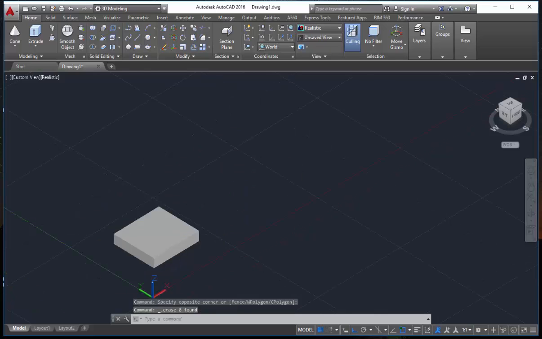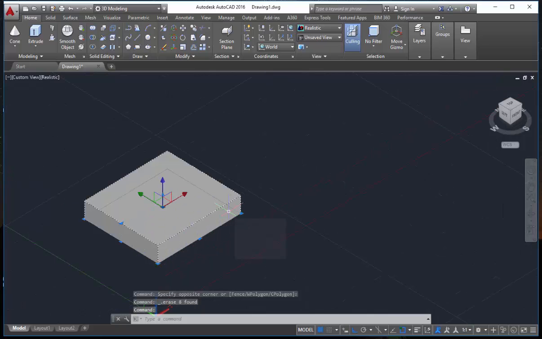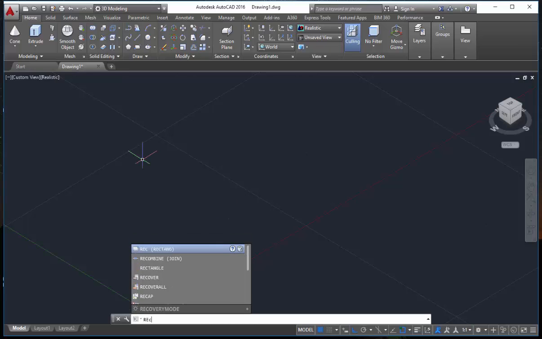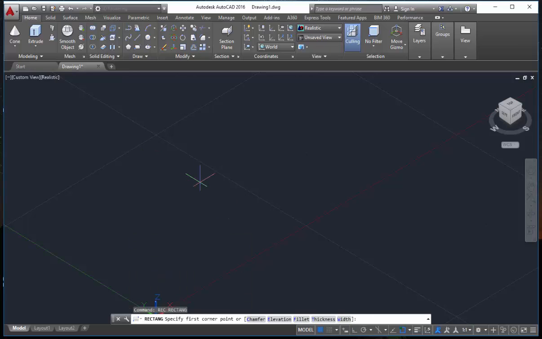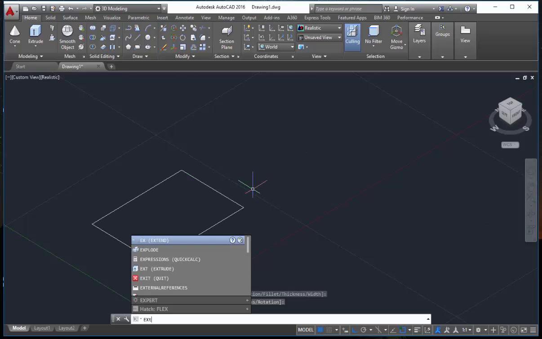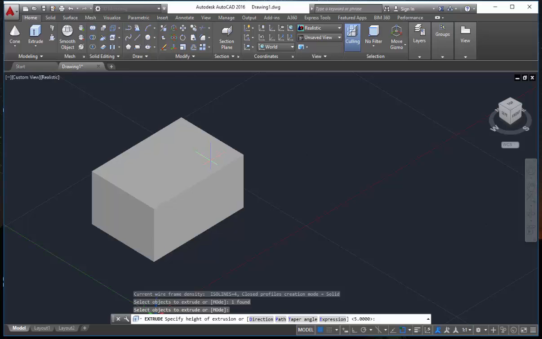Using extrude, not just this 2D object, you can even create a sloped extrude as well. Here I'll go to extrude, select the object, and click enter. Here you can see there's an option of taper angle. Just keep the cursor up and click T, enter.